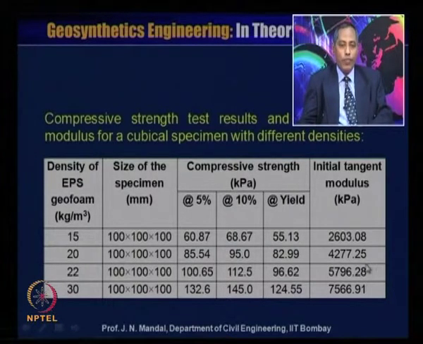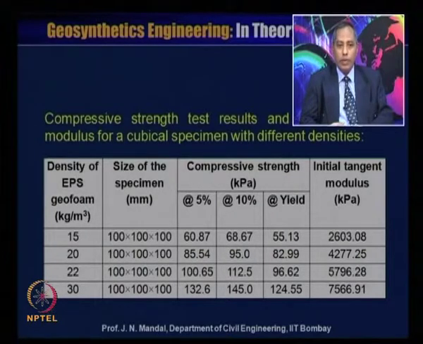is 4277.25 kilopascal. Now, when the density of the EPS geofoam is 22 and the size of the specimen is 100 millimeter by 100 millimeter by 100 millimeter, compressive strength at 5% strain is 100.65 kilopascal, at 10% strain is 112.5 kilopascal, the yield value is 96.62 kilopascal, and the initial tangent modulus is